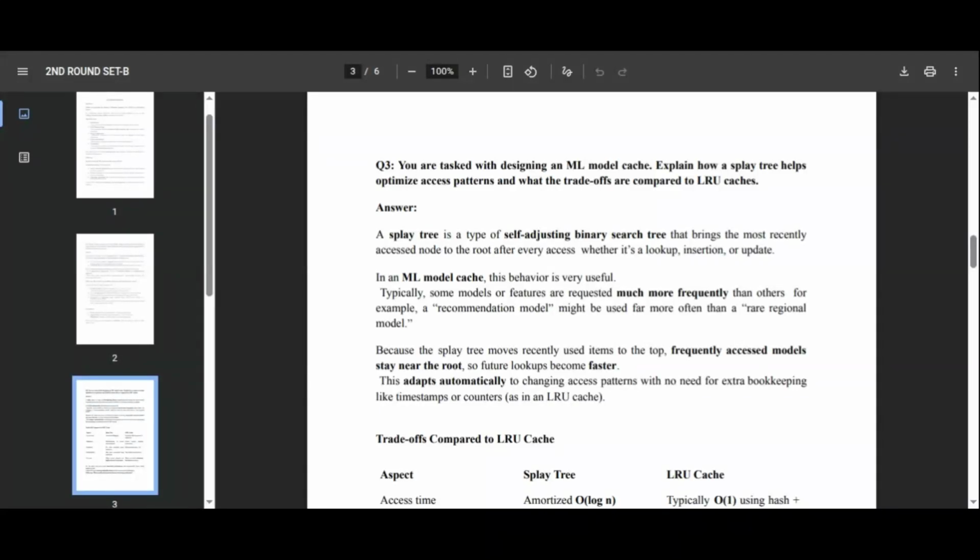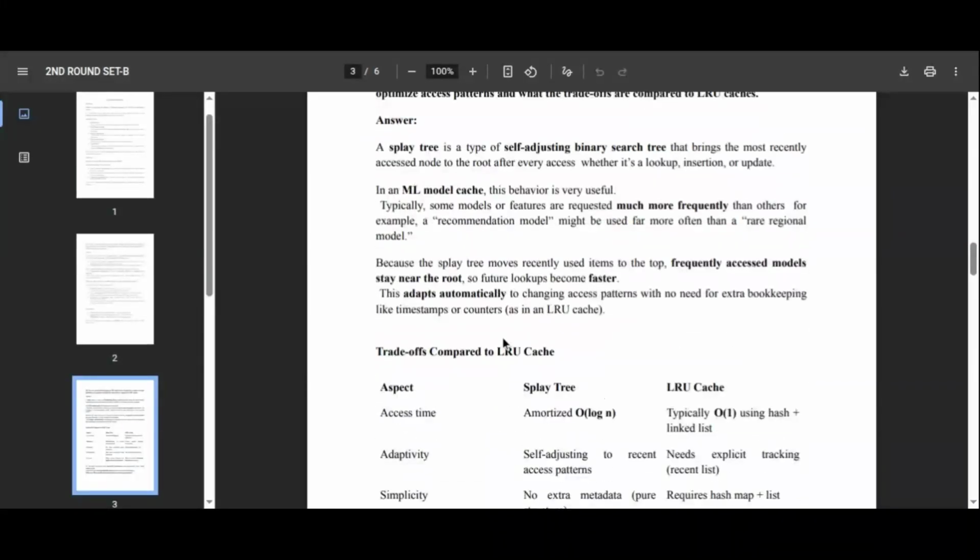So frequently used models automatically stay near the top, making feature lookups much faster without any extra bookkeeping. Compared to an LRU cache, a splay tree adapts naturally to changing access patterns,